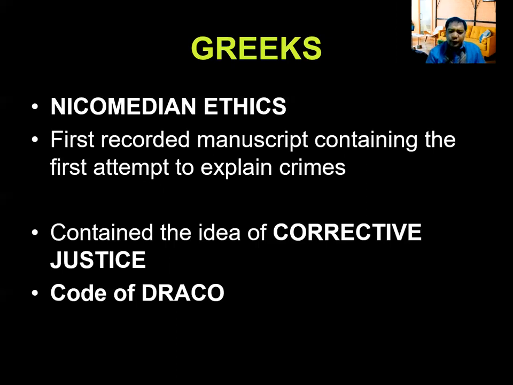And when we talk about the so-called corrective justice, it means that there must be a process of restoring the balance between pleasure and pain. Meaning that the suffering of the offender restores the balance between the injured and the transgressors. Okay? Again, as mentioned here under the so-called Nicomedean ethics, it is talking about the relationship between